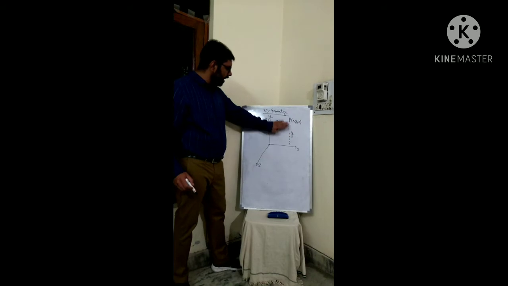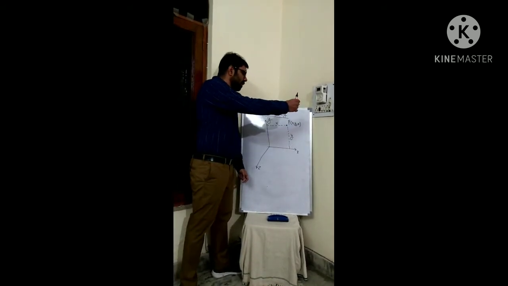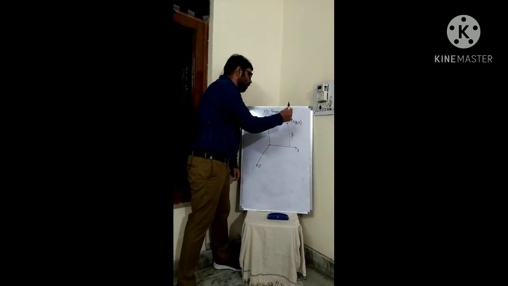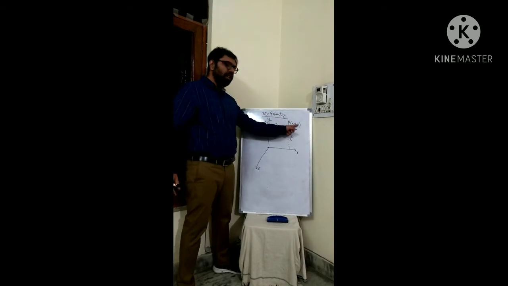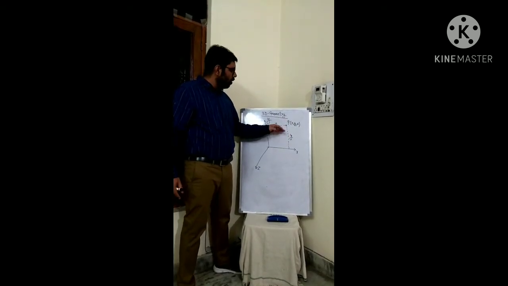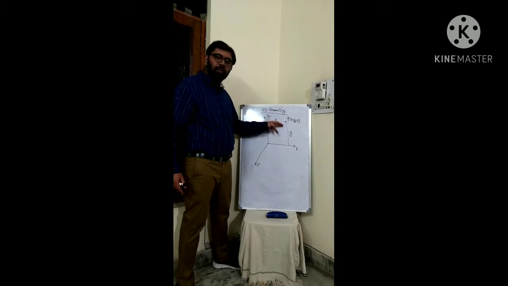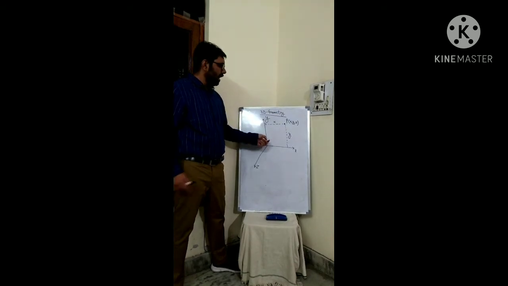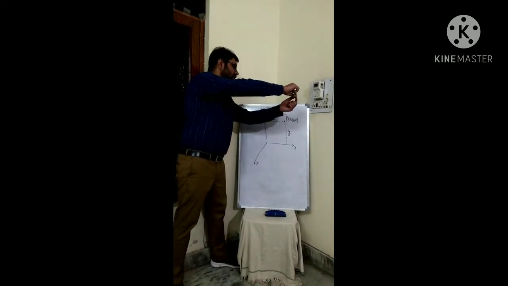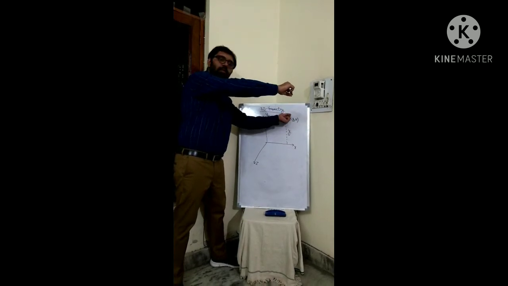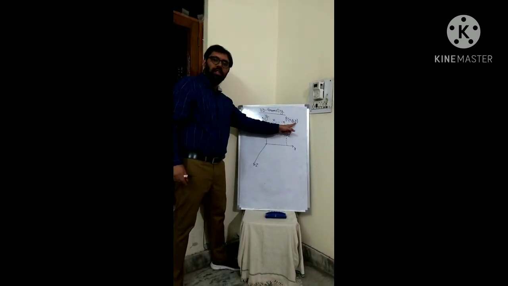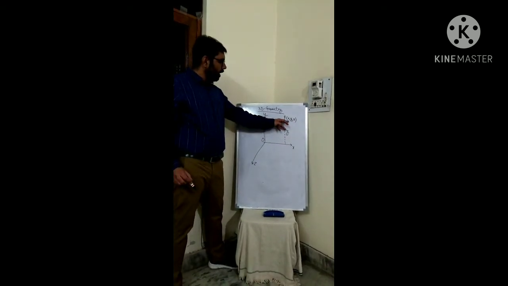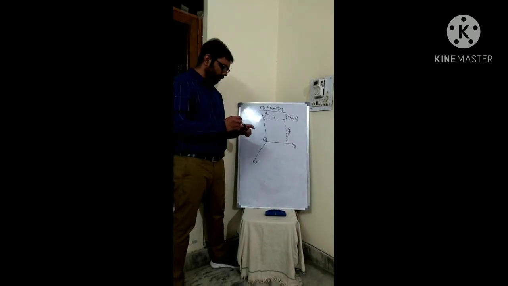So this is the xy plane, and this point is actually in three-dimensional space. It is lying somewhere here. So its perpendicular distance from the xy plane is represented by the letter z. In the diagram, although it looks like it is actually in the xy plane, because it's two-dimensional, I am unable to show it in three dimensions. Actually, this point is lying somewhere here, and the distance of this point from this plane, which is the board, is represented by the letter z. So this is the significance of the x, y and z coordinates for any particular point.